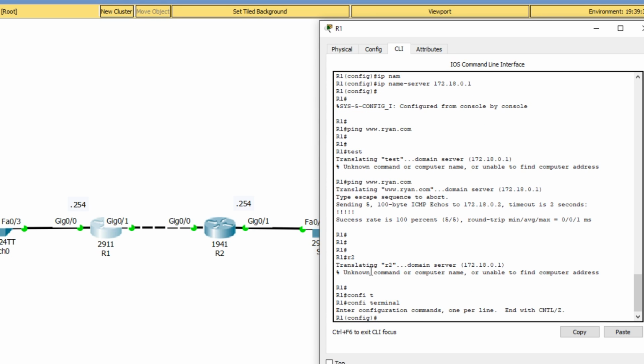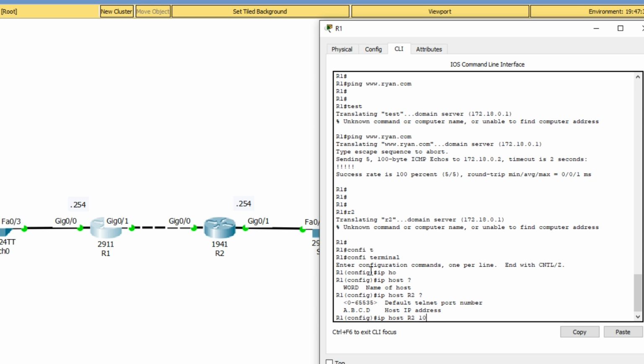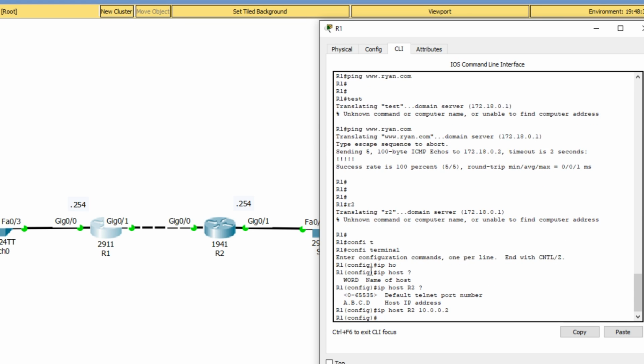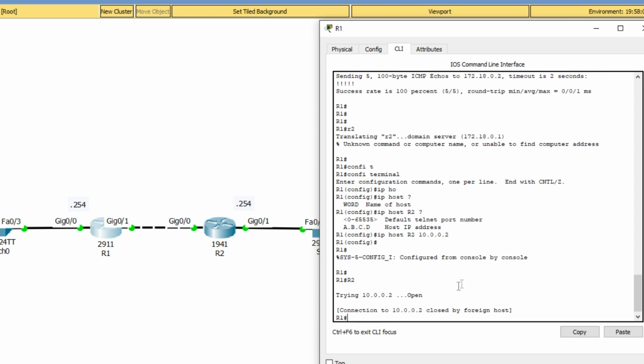And what we can do there is we got two choices. Either we make some DNS entries on our server, or we can make some local entries on the routers themselves. And we do that using the IP host command. And we're going to give it the IP address of the other box. So here we've said the IP host of R2. So if I just type in R2, you need to resolve it to 10.0.0.2, which is the gig 00 interface of router 2. So if I type in now R2, there you go,